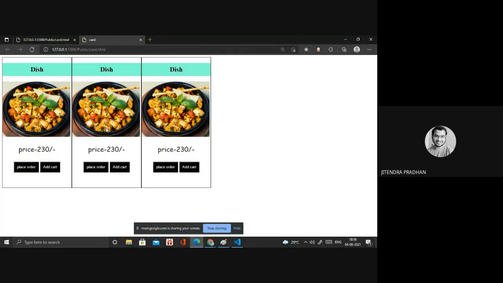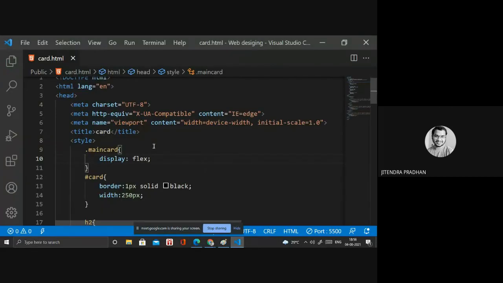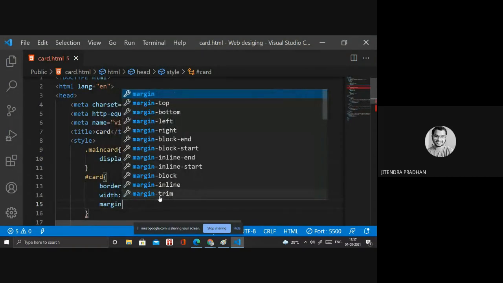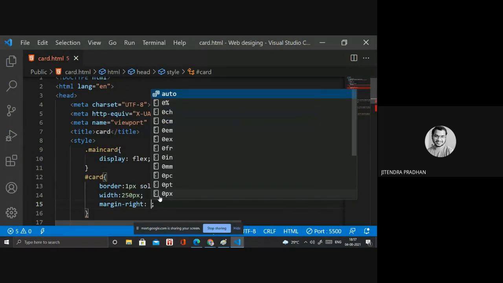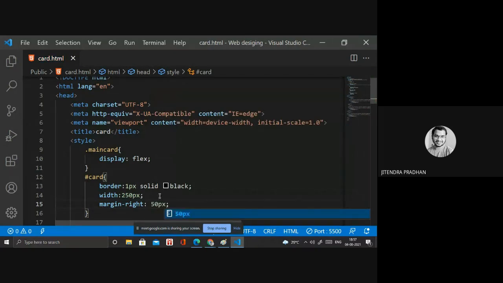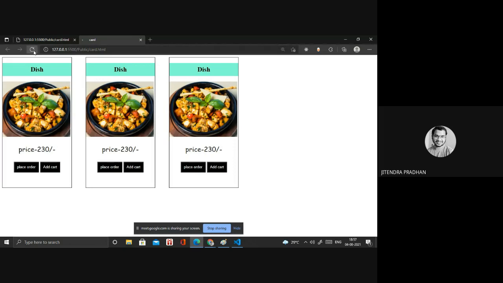Have you observed that one? Okay, it's fine. If you need space and all these things, you can do that by using margin. Like the card will be in that margin. In that we have to give 15 pixel and 70 pixel, whatever you need. You have to design all these things. Okay, done. And for the picture, you have to change the price and order, like place order or add to cart, you can change according to color, all these things. Okay, whatever you need, you have to paste all these things, no need to worry about.